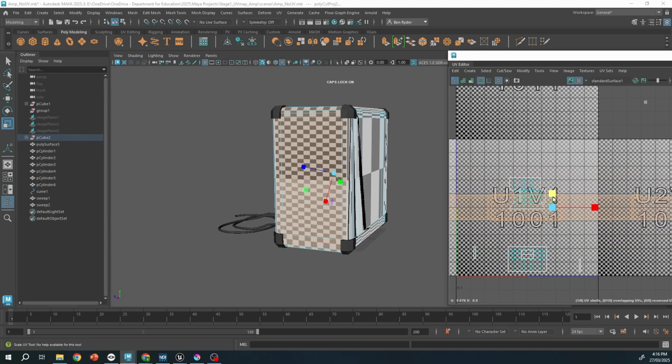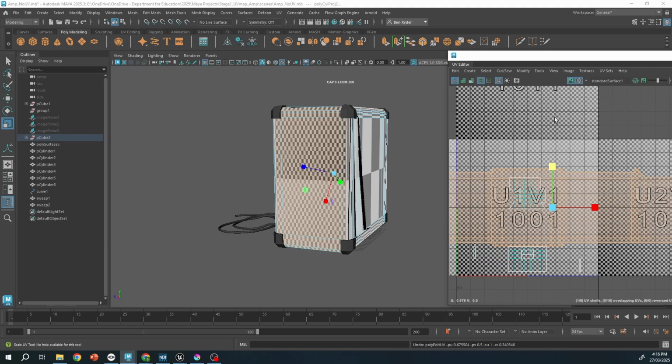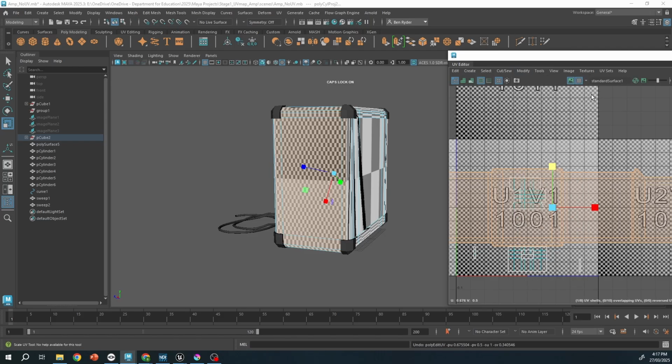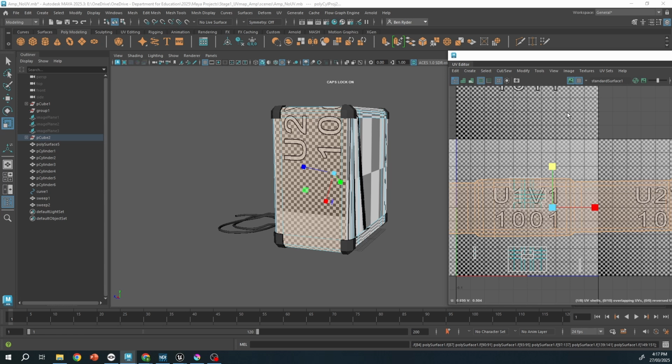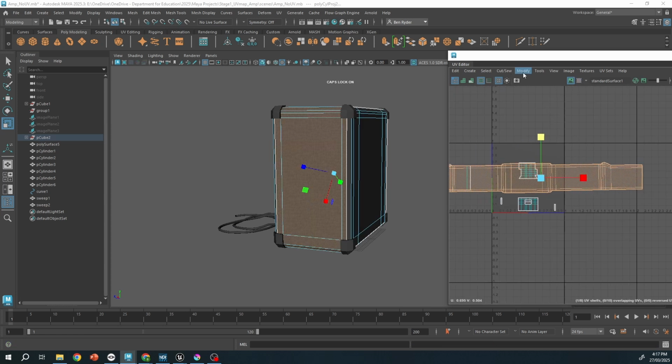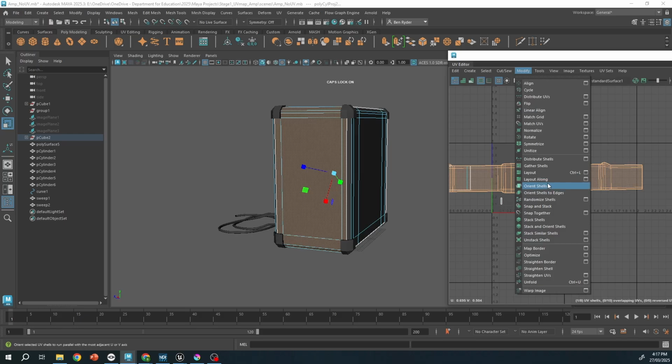Now I could just manually change these until I get squares and everything, that's fine, but UV unfold does that automatically. You can just press Control U here with your mouse in the right sector, and there it is. And that's all done. But as you can see, it's still a bit crooked, so we just need to go